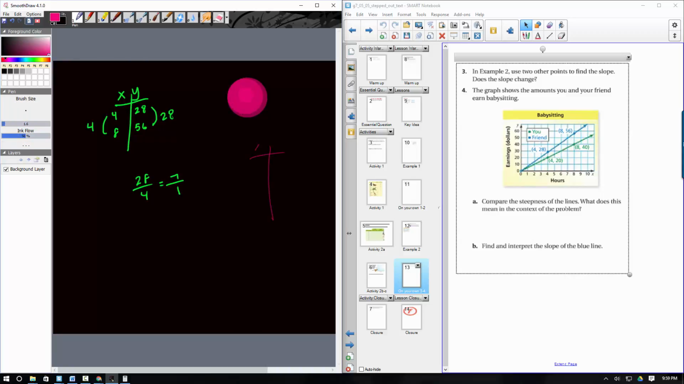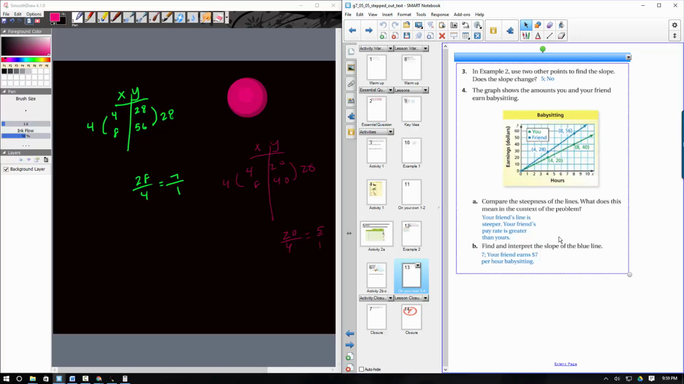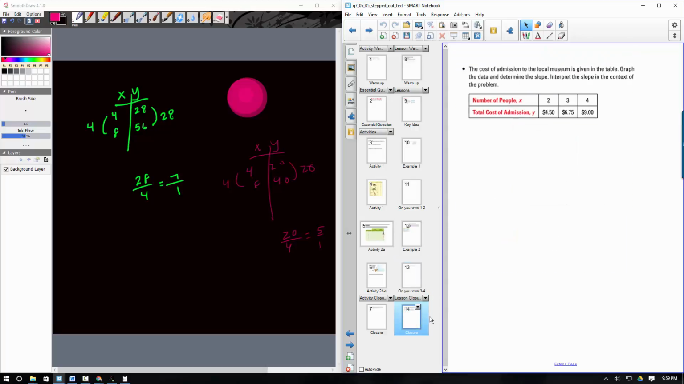The other slope is going to be, I'll say, x and y. I'm going to have my 4, 20, and 8, 40. This is going up by 20. This is going up by 4. So this will be a 20 over 4 slope, or 5 over 1. So if I look at these two numbers, 7 over 1 or 5 over 1, the 7 over 1 will be a steeper slope. And that is the